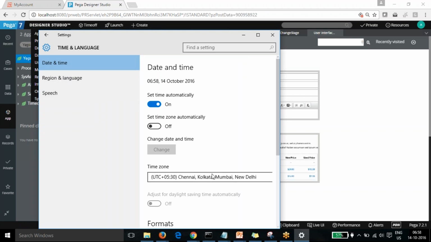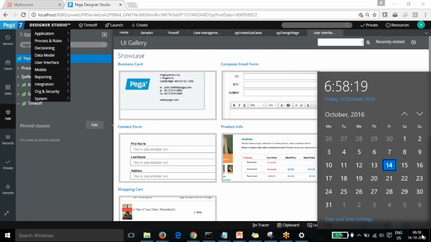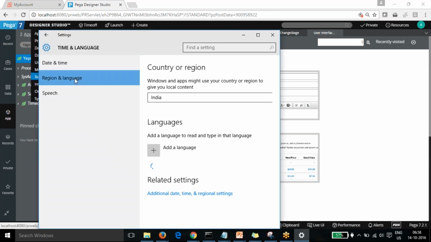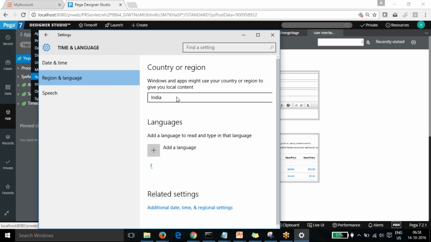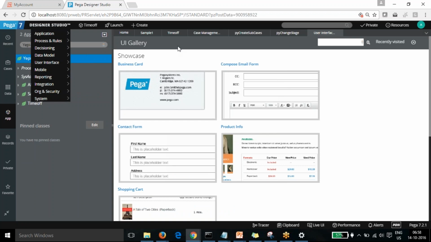Yeah, this is the time zone we are picking up. Based on the time zone, it will pick the local, sorry, the regional language is also there. This is a new feature in Windows. You can see I'm working with the Indian language, and whichever language I want, based on your computer language, it will change Pega's version to that as well.